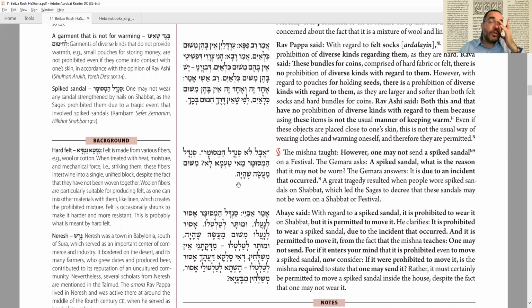There's others that actually say that they were talking about Jewish rebels, the Jews that were zealots and started the fight against the Romans. Part of their uniform was spiked sandals. We actually found this in one of the Bar Kokhba caves. We found an actual spiked sandal there that seems to belong to a Jew, and therefore this is a slightly different explanation. The rabbis wanted to discourage anyone from joining that group of zealot rebels because they're very dangerous and they did cause the destruction of the Beit HaMikdash. And so one way that they did it, says you're not allowed to wear